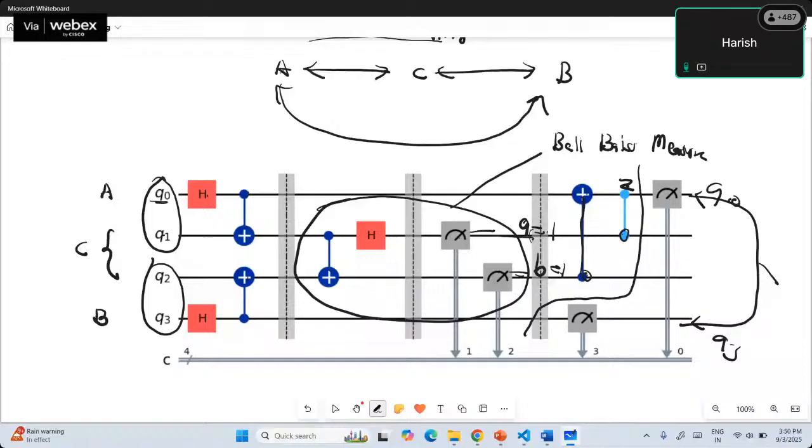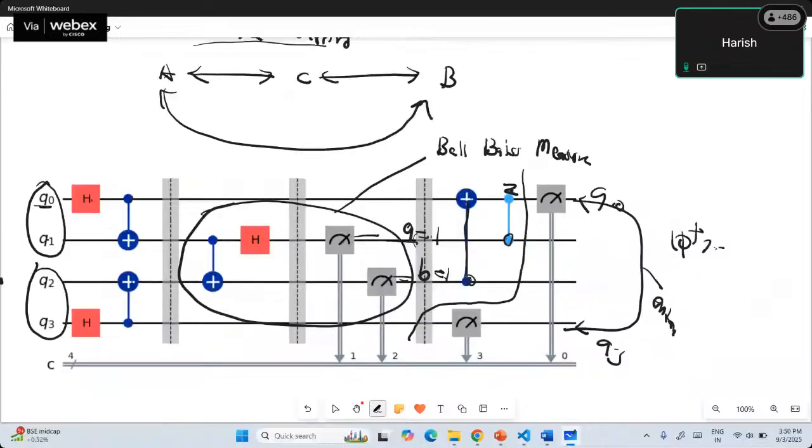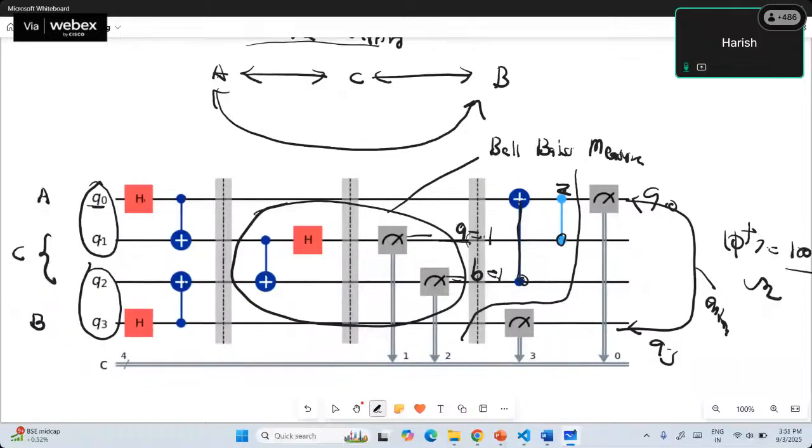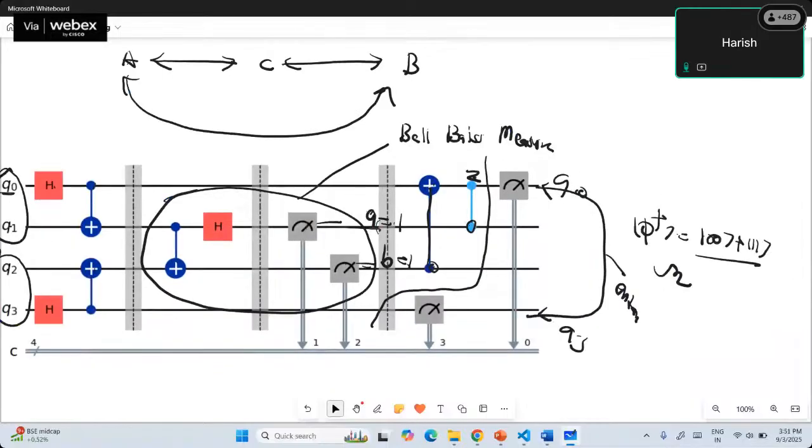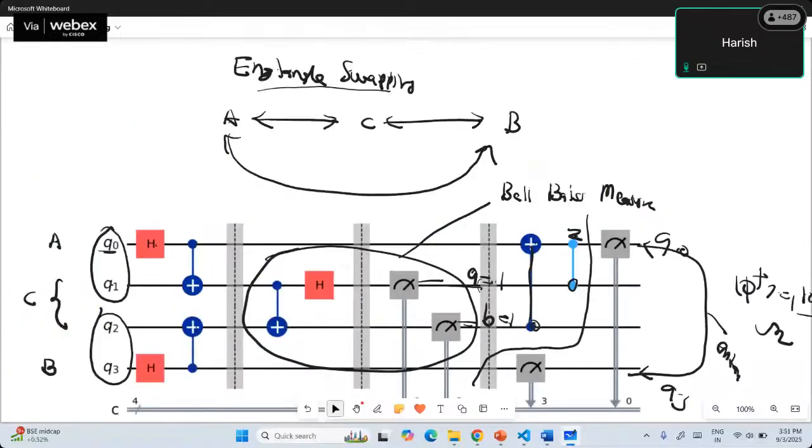and they will be having the state what? They will be having the phi plus state, 00 plus 11 by root 2. So see what we are trying to say here: initially Q0 and Q1 were entangled, and Q2 and Q3 were entangled. Then Charlie performs Bell basis measurement on her qubits Q1 and Q2 like this, and she observes A and B values. Depending upon A and B values,